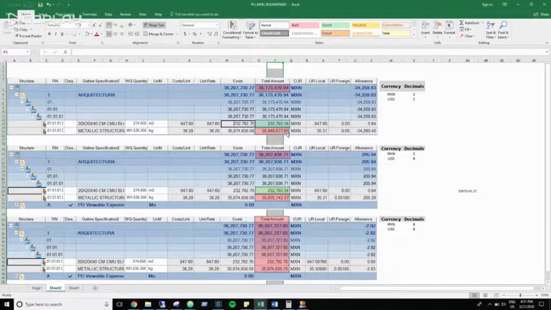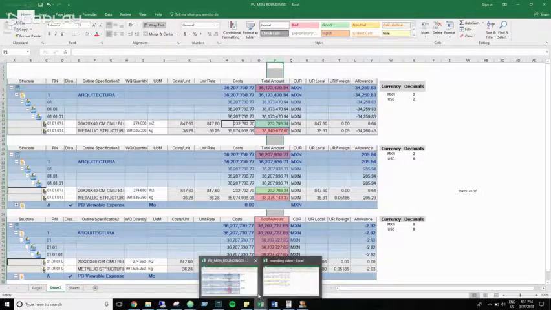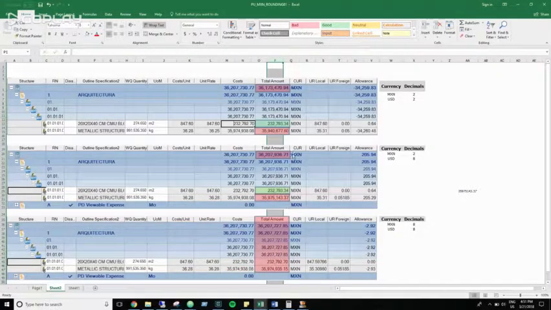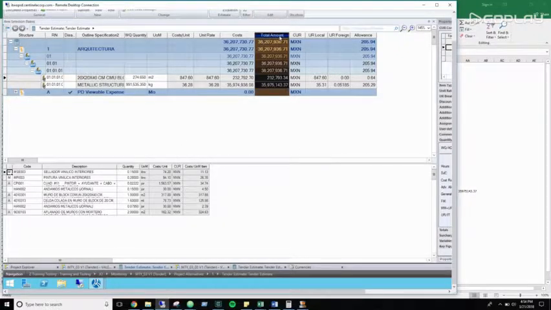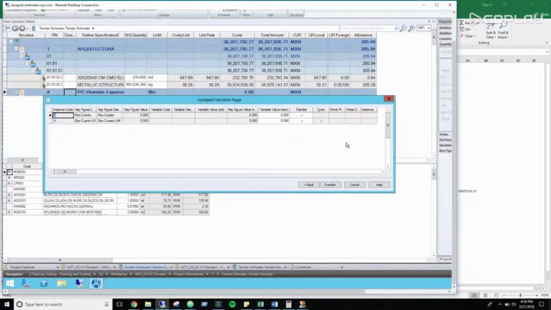But what is gonna happen when we set the indirect is that this column will be overwritten and we will lose track of the cost here. So that's why I'm saying when we set the indirect, we're gonna lose this. So let me do it then. I'm at the estimate now, and this is without the indirect. So take a look at the total amount column, the one that I just said we could use as the direct job cost. But as soon as I activate the indirect again,